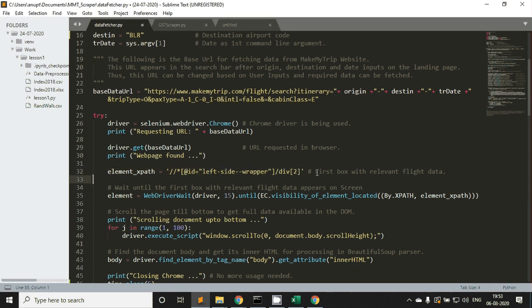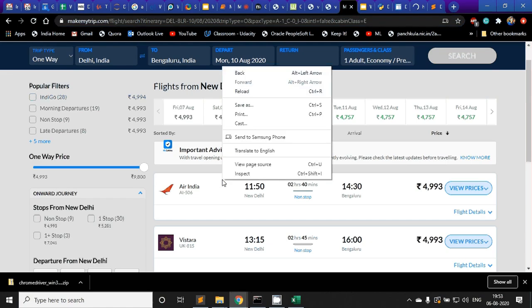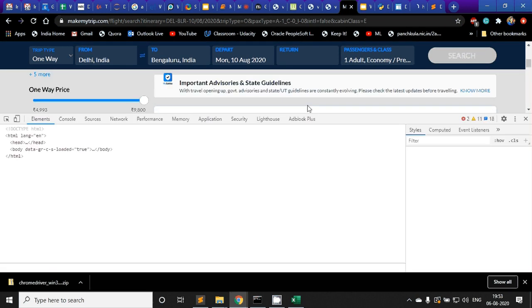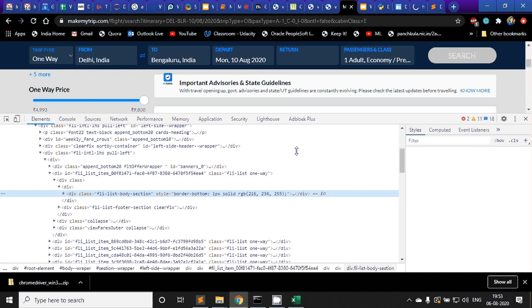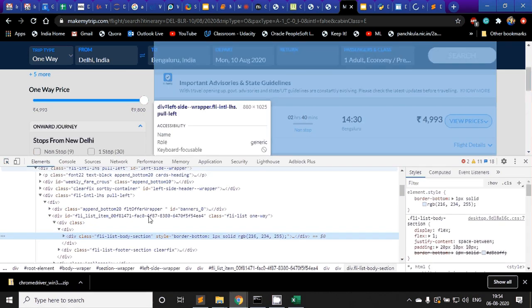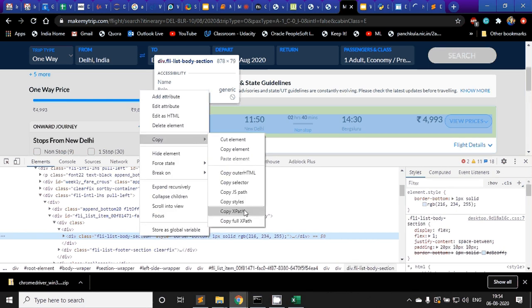Okay, so when I inspected it, I saw that the xpath of this particular thing is this one. Just a second.